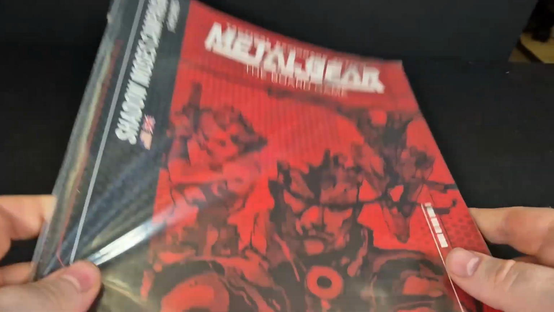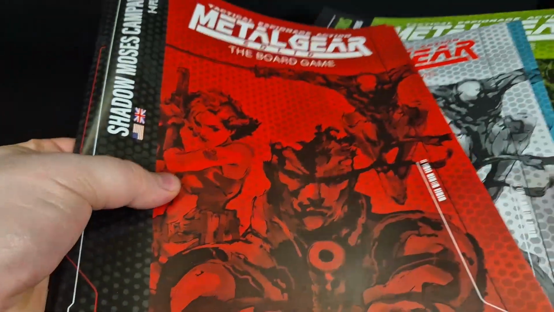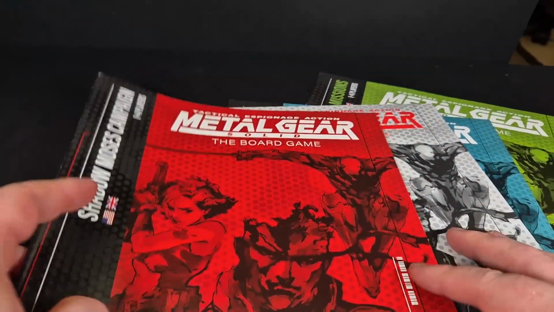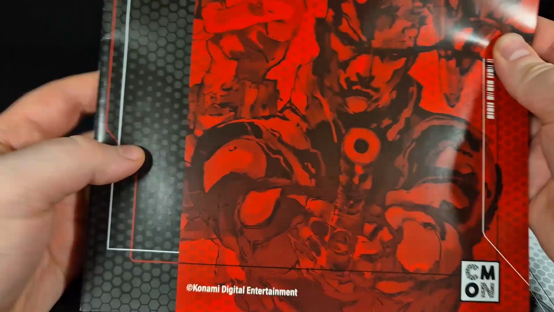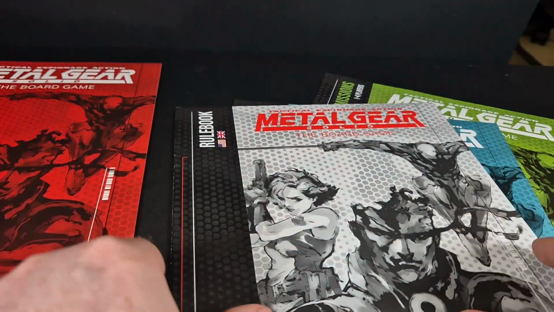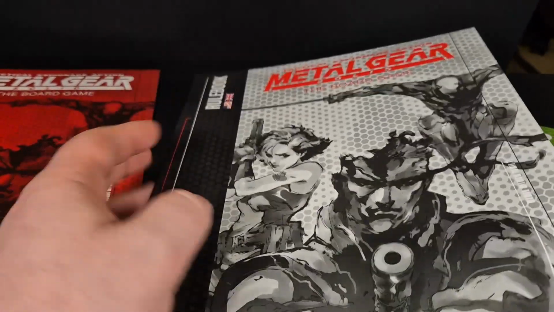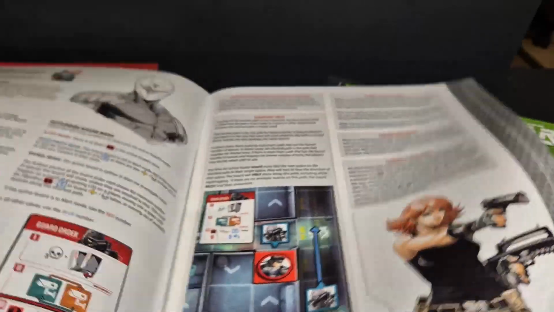There's plenty of them. Let's have a look at this set of rulebooks then. So it looks like we have more than 2 actually. We've got 1, 2, 3. Okay, we've got 4 books. The first one is the Shadow Moses campaign book, which is going to be the main campaign of the game, so we'll look at that one later. And then the rule book. So if we have a little quick flip through the rule book,